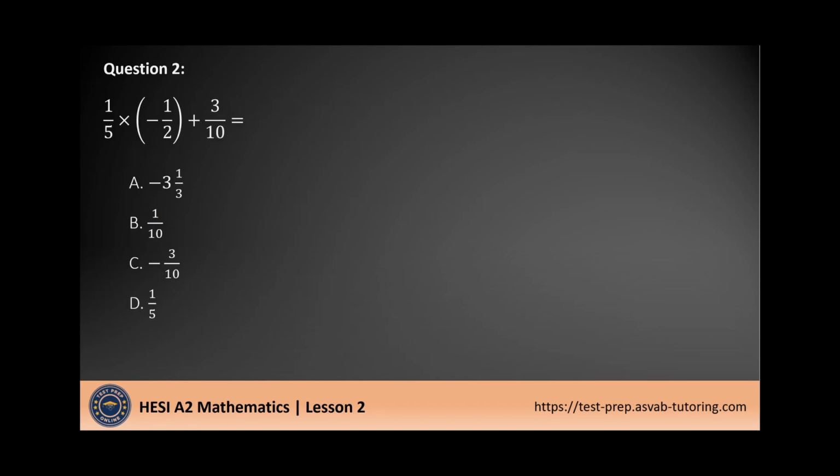Okay, another PEMDAS problem. So here we have 1/5 times negative 1/2 plus 3/10. So notice we do have those parentheses, but there's no other operation inside of there. So we're going to look at that and we're going to say, okay, nothing needs to be done there. Let's move on. Okay, so we're going to start with